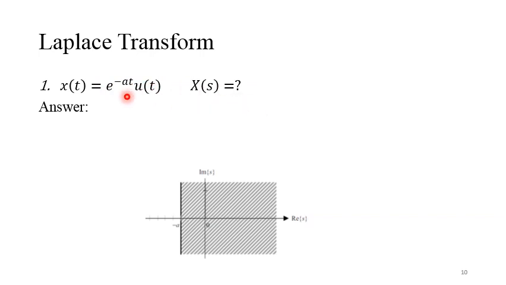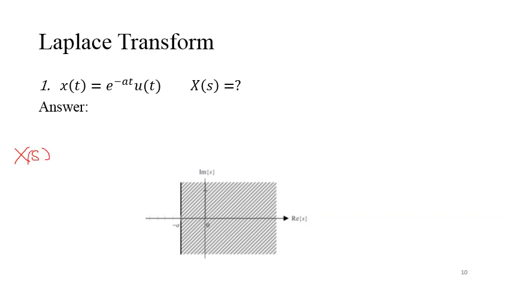It can be seen that the signal is multiplied with u of t, so the resulting signal is causal, and because we assume that a is positive, the resulting signal will be an exponentially decaying signal, right? To find the Laplace transform, which is represented by X of s,